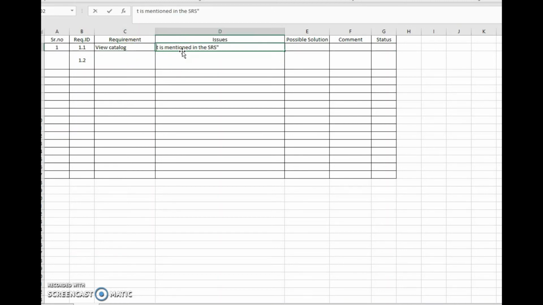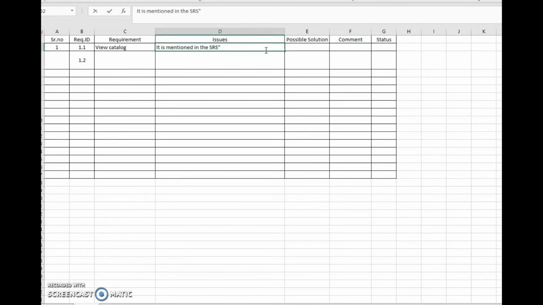Again, these wordings might change depending upon where you're working. It's a typical format. What you need to write in the issue column is, firstly, what exactly is mentioned in the SRS. The reason is that designers are very busy people.